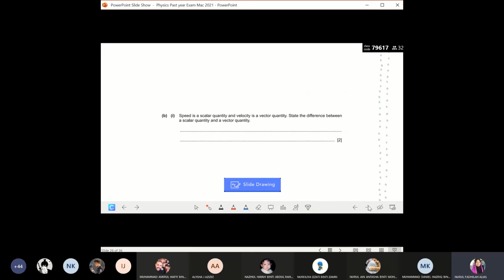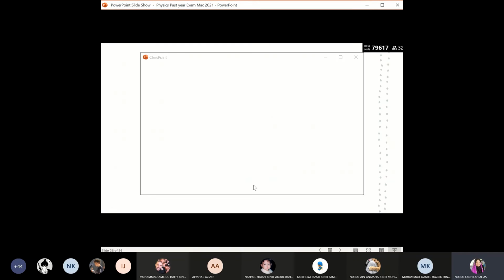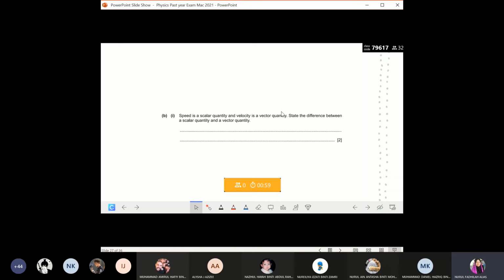Okay, kita cepat-cepat pergi next question. Boleh jawab masing-masing. Speed is a scalar quantity and velocity is a vector quantity. State the difference between a scalar quantity and a vector quantity. So you know already this one kan? Tadi kita dah bincang. So the difference is scalar quantity is a quantity that